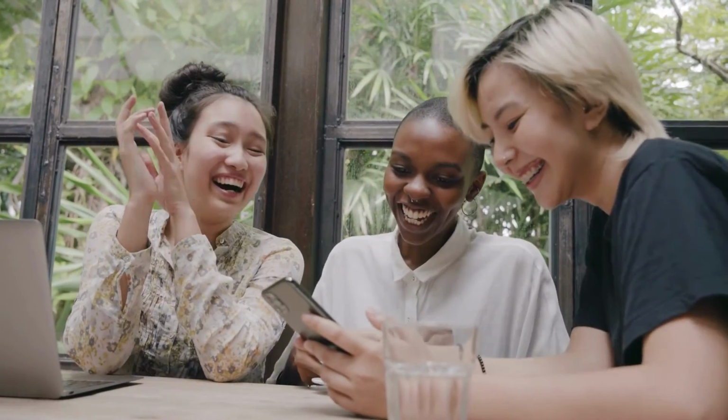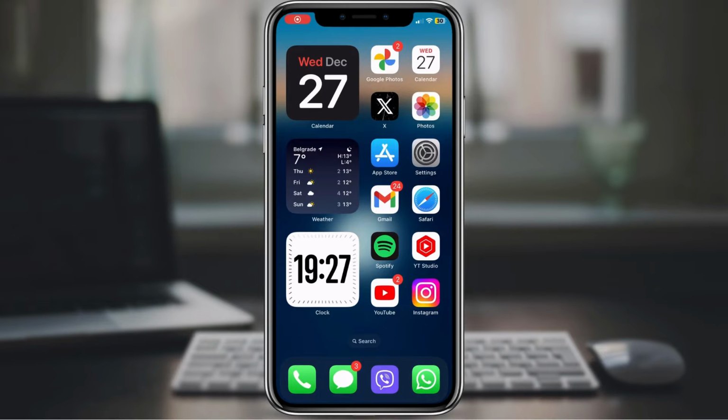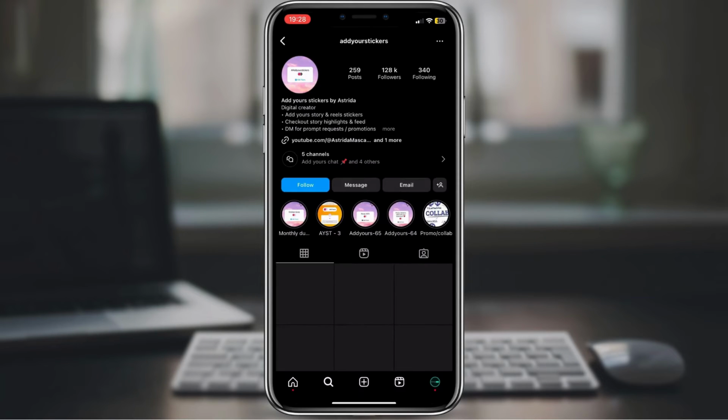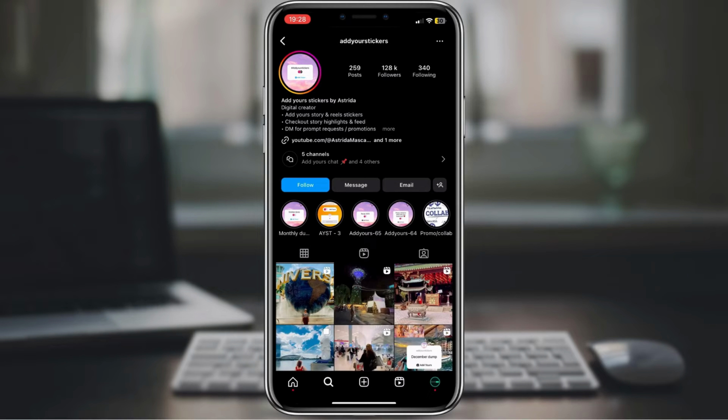The first thing that we will do is to open our Instagram application, and in order to find the sticker that we need, we first have to open an Instagram profile that's called Add Your Stickers by Estrada. That is a cool little profile that has lots of ad stickers and other things, so go check that profile out. We're looking for the December dump sticker, so we will open this highlight that's called Monthly Dump, and the